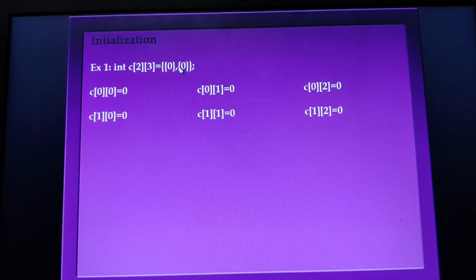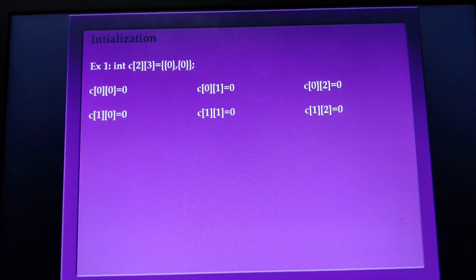If I mention it in this way, by default all the array elements would be taken as 0. Even if you don't give the inner brackets as 0, 0, 0, if you give it in that way also, all the elements by default will be set as 0. So this was the third example of initialization.